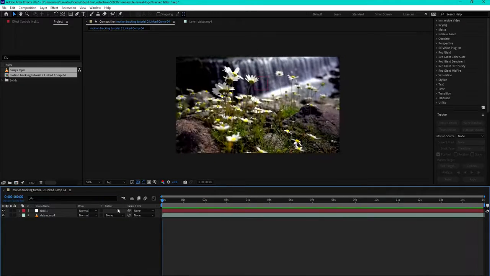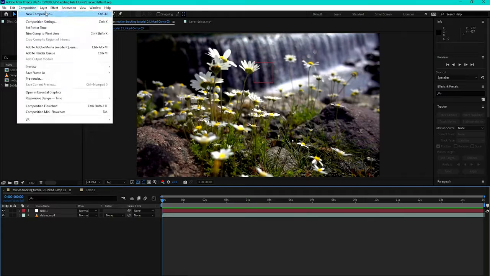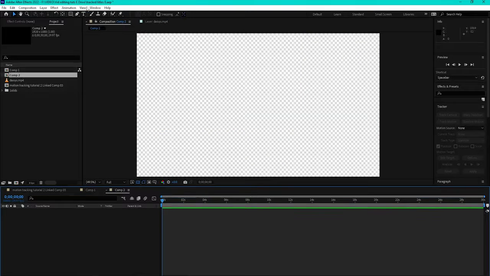So now we see the null object, which is represented by that red square, now tracks the movement. Now what we want to do is create a title in a separate composition. We're going to then pull that composition into this one and then map it up to the motion. So if you go up to the top, go to Composition, New Composition, just click OK, and we'll start by